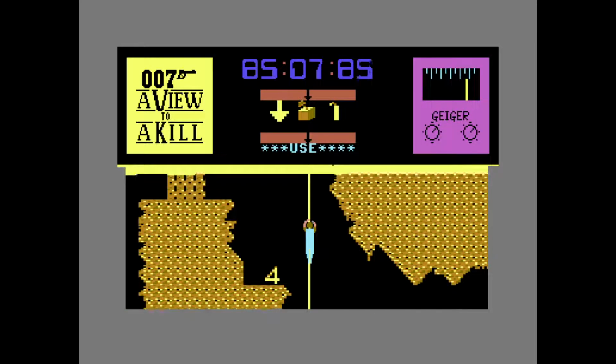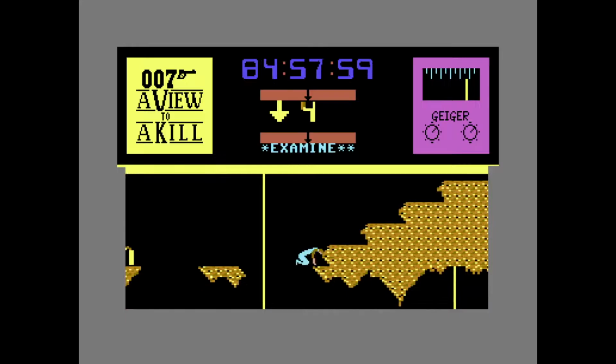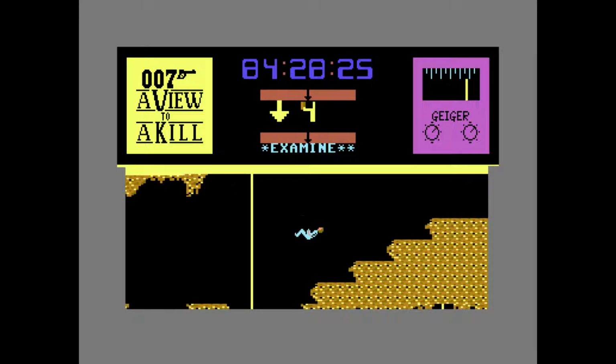and yeah, it's a little bit buggy. So we're going to grab the second number, which is number 4. Examine, grab number 4, jump across here. Now what we'll do is we'll jump up here, across here, and I'll show you something else interesting in the